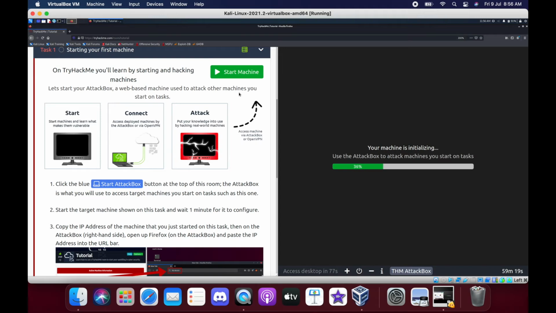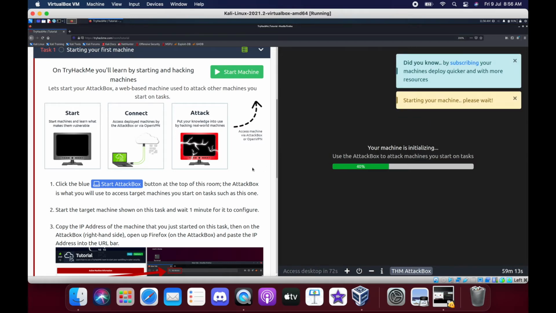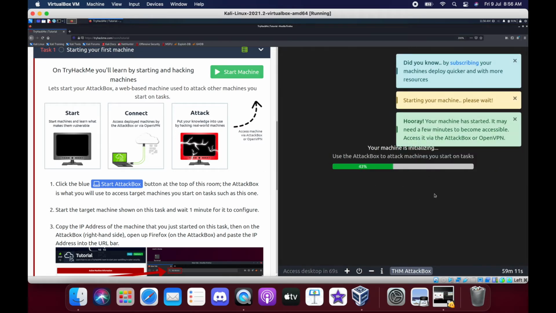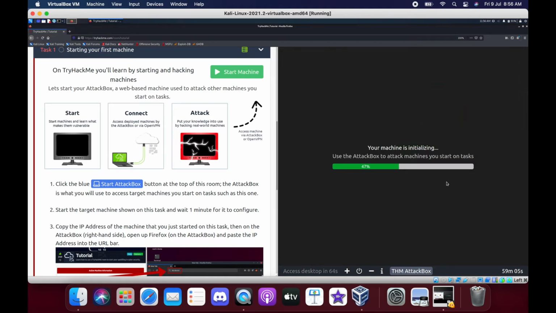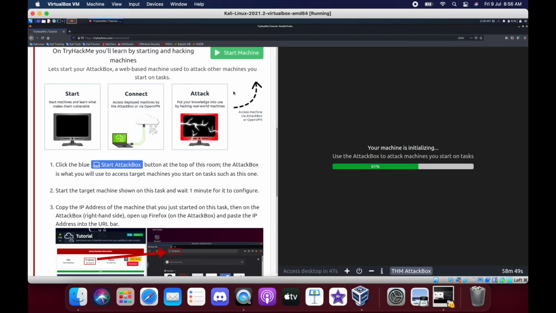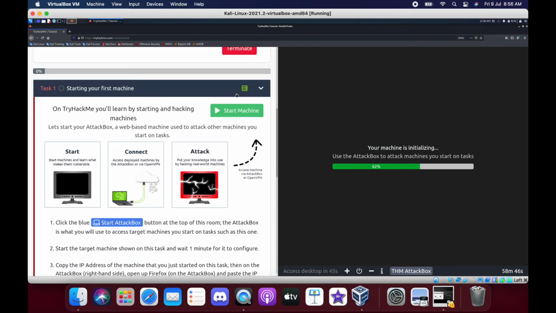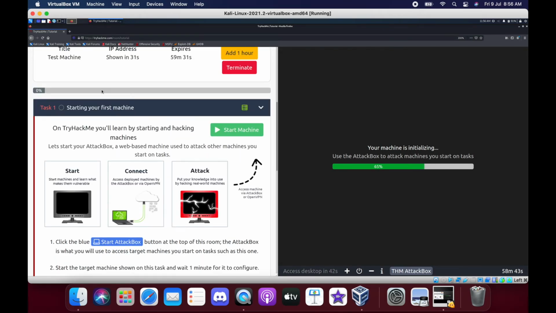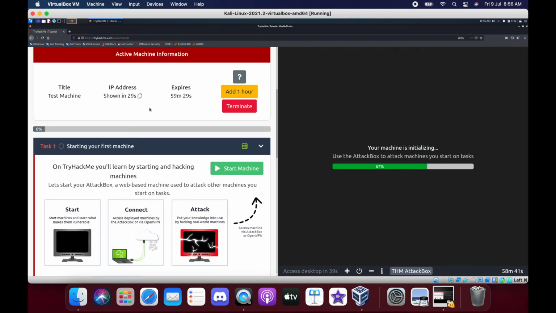In order to access the target mission, we need to start that mission first. We are going to start it, and this attack box will also take some time to initialize. Meanwhile, we are going to start the target mission and we will get an IP address to access it. Start the target mission shown on this task and wait 1 minute for it to configure. We already started the mission and it will take about 1 minute, maybe less or more. Here we'll get the IP address of the target mission,